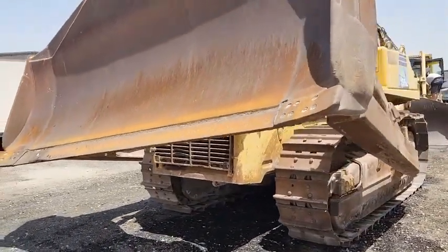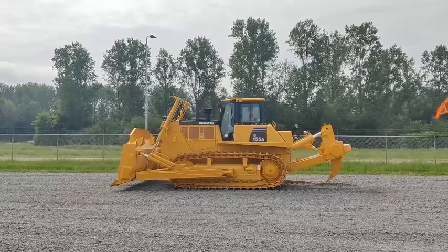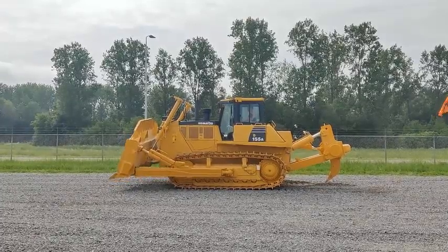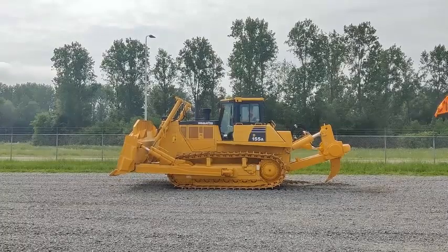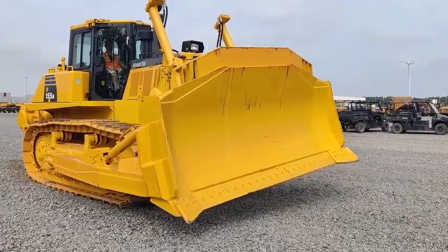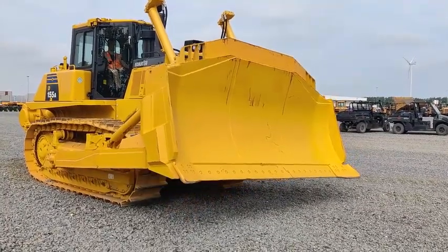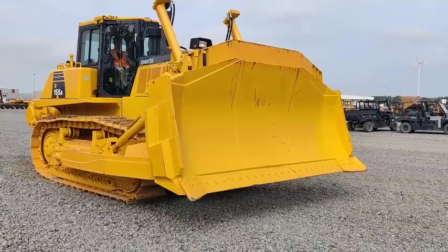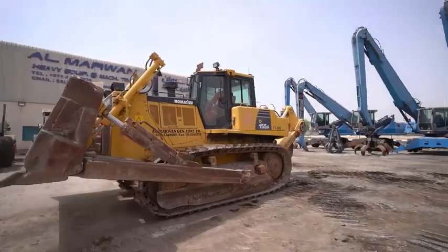In addition, adoption of a new blade linkage system holds the blade closer to the tractor for improved visibility, enhanced digging force and reduced lateral sway of the blade. This is the new generation blade, the Semi-U dozer and strengthened Semi-U dozer. The blade combines penetration ability of a straight blade with increased load capacity provided by short wings which include only the